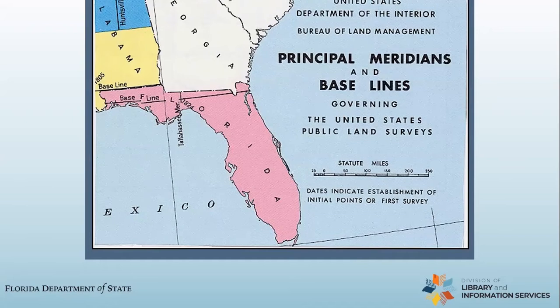So an actual, real latitude and longitude coordinate-based system of land description was not possible in the 19th century and the late 18th century, when the United States was first facing this problem. And so the next best thing that they came up with was this grid system.